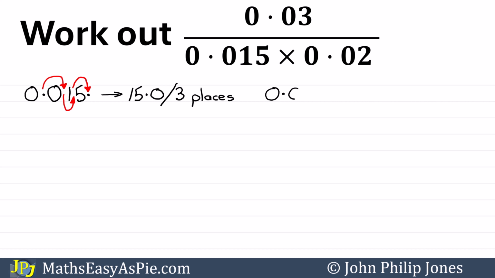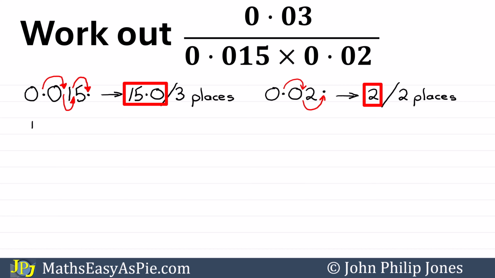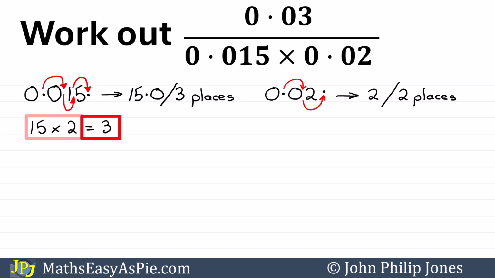Turning my attention to the 0.02, you can see that I've moved the decimal point twice to give me 2, and this has resulted in the movement of the decimal point by 2 places. I am now taking the value of the 15 and the 2 and multiplying them here, and you can see that will give me the result of 30. We can write this as